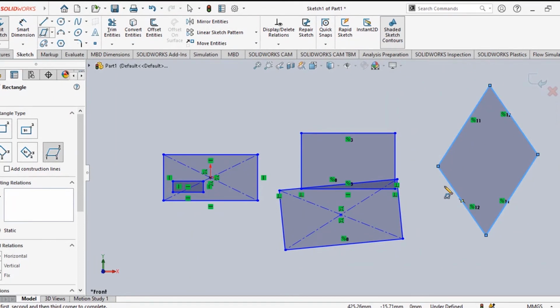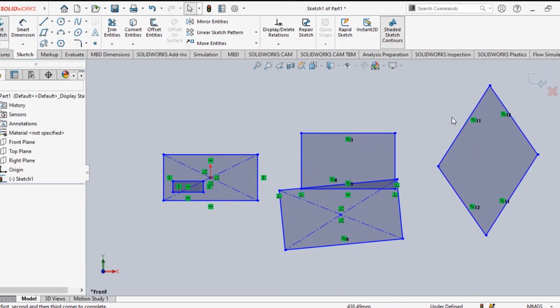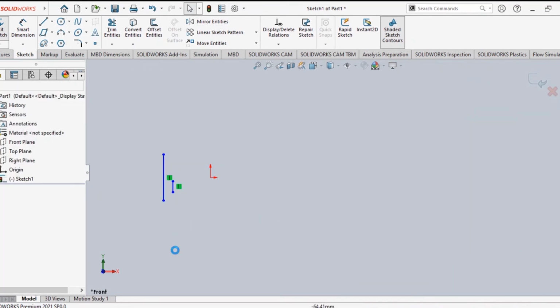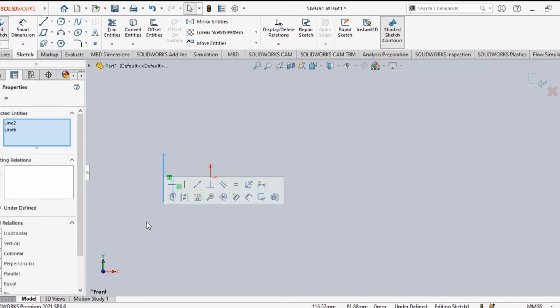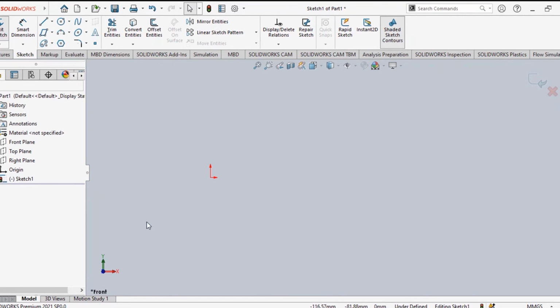So from this rectangle you can draw 4 or 5 different types of rectangles with different options. Right? Now these things are not required. We have to cancel all these things. So what we'll do is select all these things and delete. Simple delete, all will go out. Select and with your keyboard press delete. All will be deleted. So rectangle we learned.